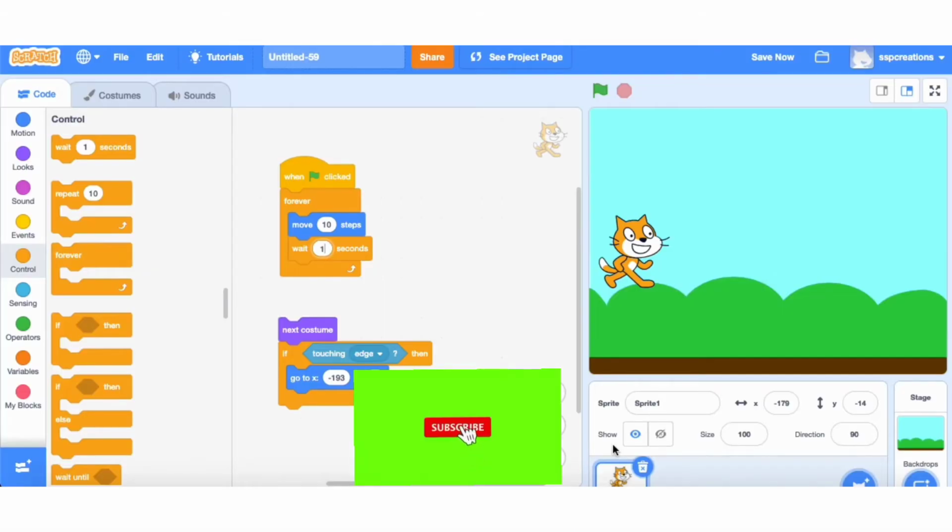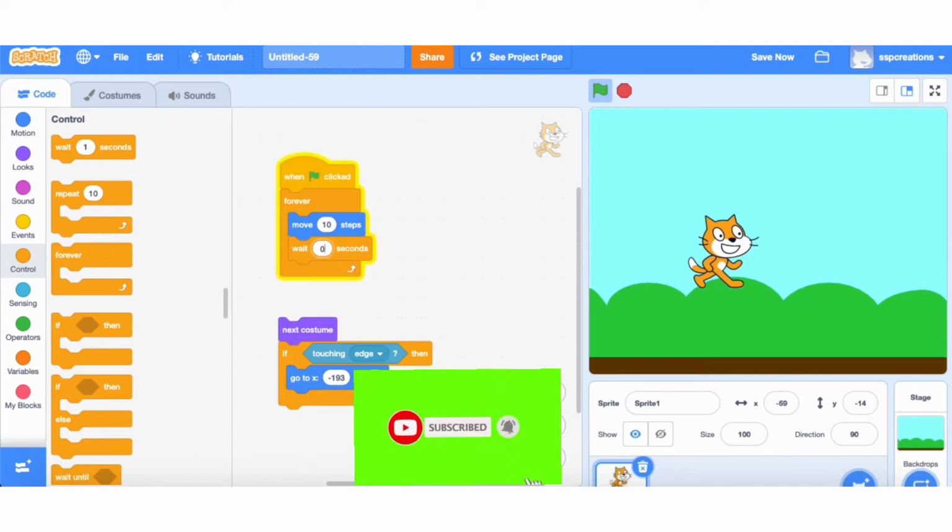Right movement from left side to right side, and what is forever loop and if condition we are going to learn in this video. First, see the animation. The sprite is moving from left side to right side with 1 second delay. I am setting 0.1 second, and it reaches the end. What is the code we need to write to start again from the same position? We need to see that in this video.